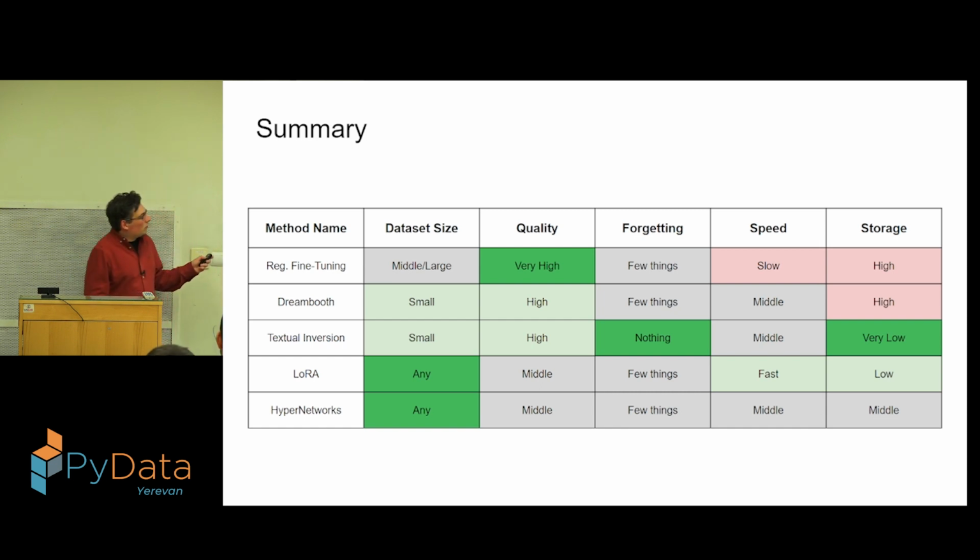I think the regularized fine-tuning is one of the best for the generic case, because in regularized fine-tuning you have more control over your training, and in this case I think you will be able to increase the resolution